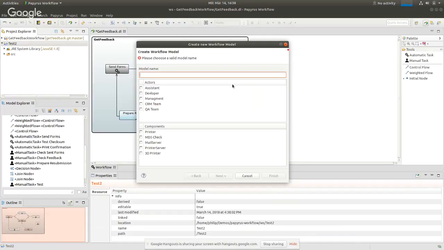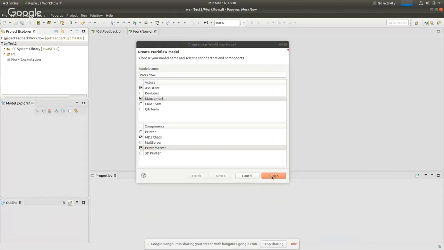It's really only there to support the users in creating workflow models. And here users can just specify a name for this workflow. And then we read from a database all the actors and components that are available, as an example, to integrate some sort of other infrastructure, where the user could just select a couple of them